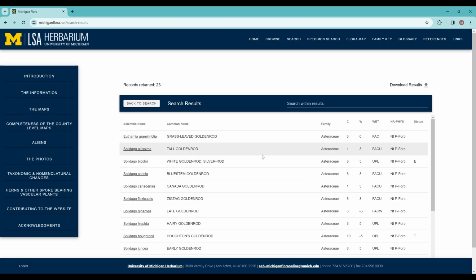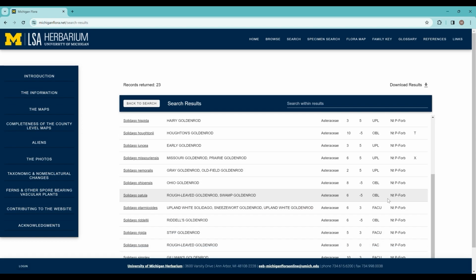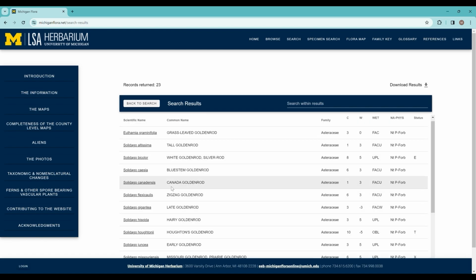And then you can see here a list of species that are classified as native. You can see that over here. All the NTs are native, perennial forb, so lots of perennial goldenrods to choose from in the state. And then you can click on one, say blue stem goldenrod,